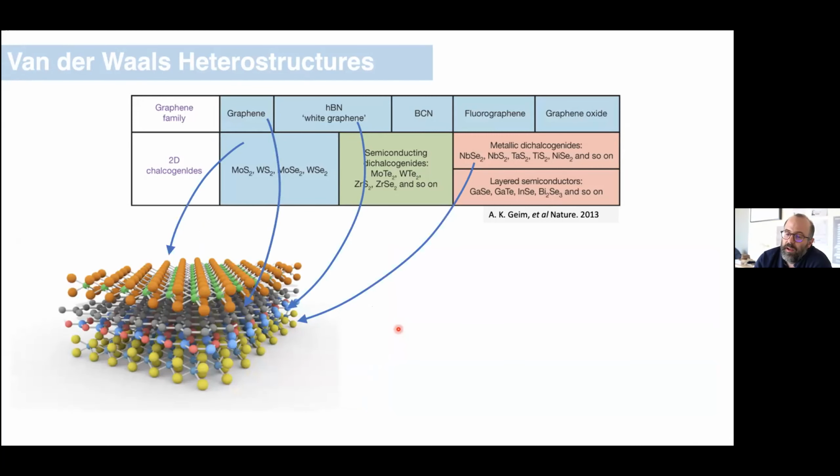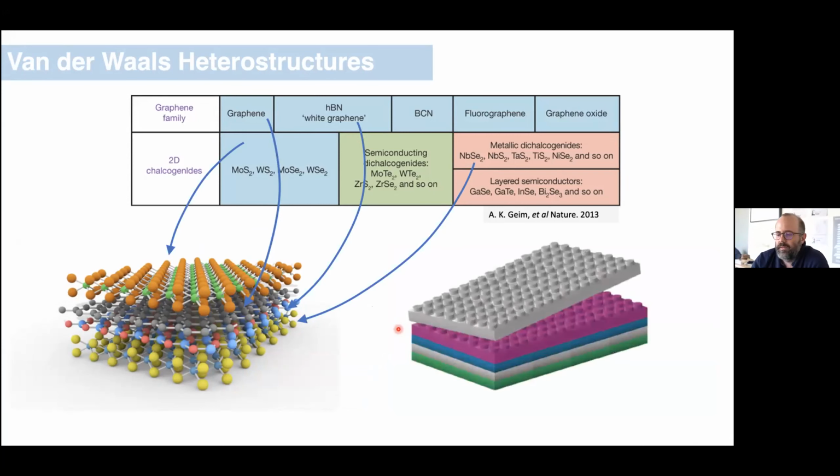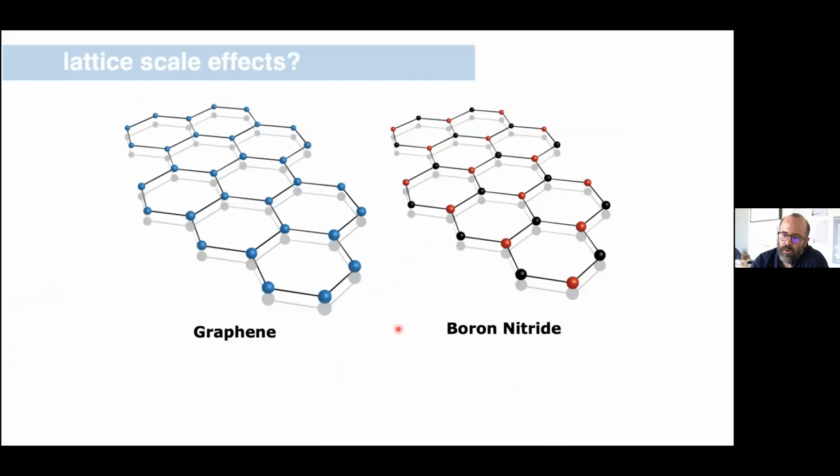Okay, so this suggests, in my view, a really amazing opportunity. We can design entirely new structures that you can't synthesize chemically, you can't grow by MBE, or not easily so far, but you can easily do this by this kind of mechanical layering technique. So the image that was suggested by a review by Andre Geim a bunch of years ago is to view this system really as like Lego blocks. So you imagine you reach into your bin and you grab whatever Lego you want and you just stack these things one on top of the other. And again, I think that's not very far from reality in terms of what we can actually achieve in the lab now.